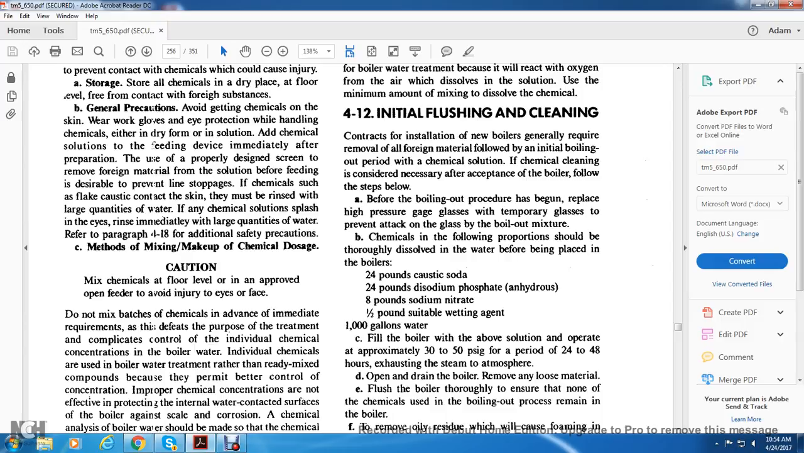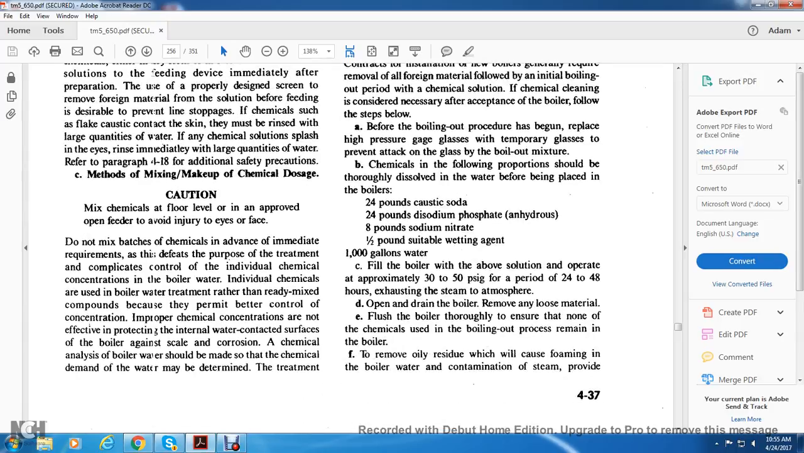24 pounds of caustic soda, 24 pounds of disodium phosphate or anhydrous, 8 pounds of sodium nitrate, 1/2 pound of suitable wetting agent, 1,000 gallons of water. After filling the boiler with the above solution, operate at approximately 30 to 50 psi of steam pressure for a period of 24